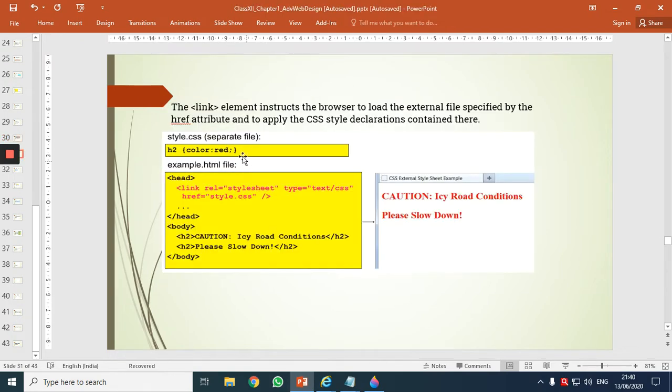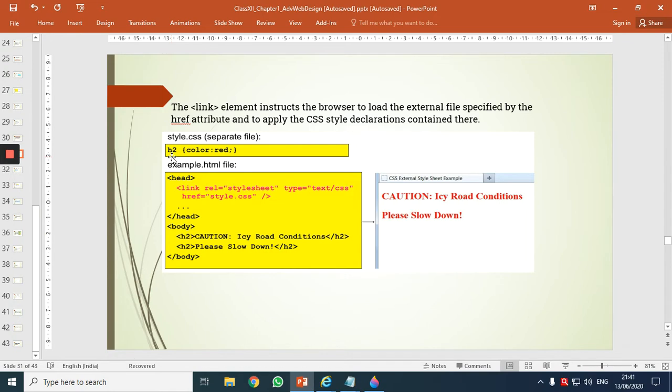I have placed an example here. The text you can read later. In this example, I have created a notepad where an HTML structure is written, and this HTML structure had only 2 H2 tags with some text. Okay. And I saved it with the name example.html. I opened another notepad. There I have written some CSS code. What code? I want to give a style to the H2 tag.